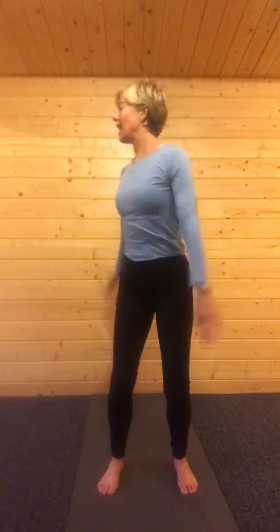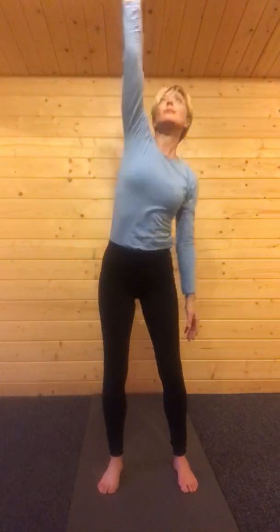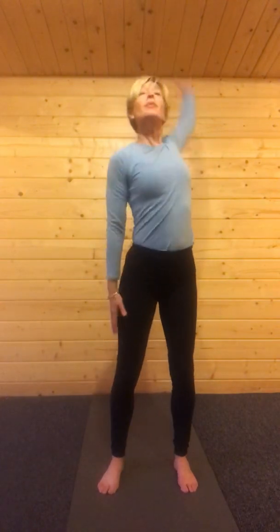First thing in the morning, you want to open up the rotator muscles, so big circling of the shoulders, and start to breathe the long, smooth Ujjayi breath, ocean-like breath. Look at your hands as you take them behind you. Big circling, backwards swimming. And then taking the hands around the body, bend the knees, keep the spine pretty straight,